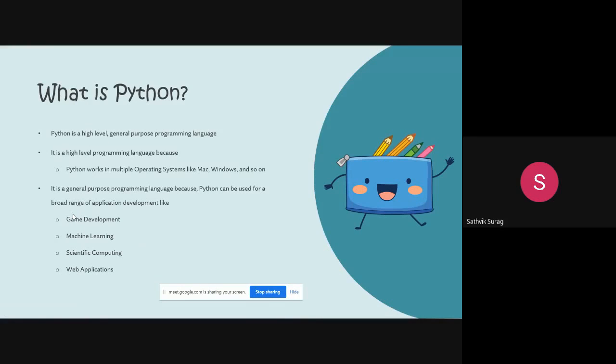So what is Python? Python is a high-level general-purpose programming language. It is a high-level programming language because Python works on multiple operating systems like Mac, Windows, and so on. It is a general-purpose programming language because Python can be used for a broad range of application development like game development, machine learning, scientific computing, web applications, and so on.